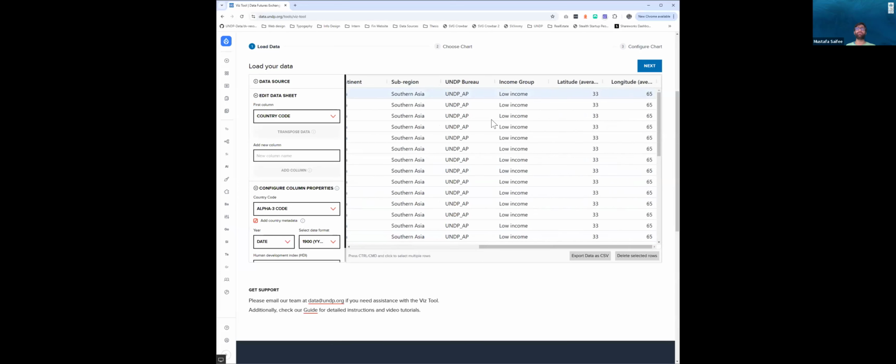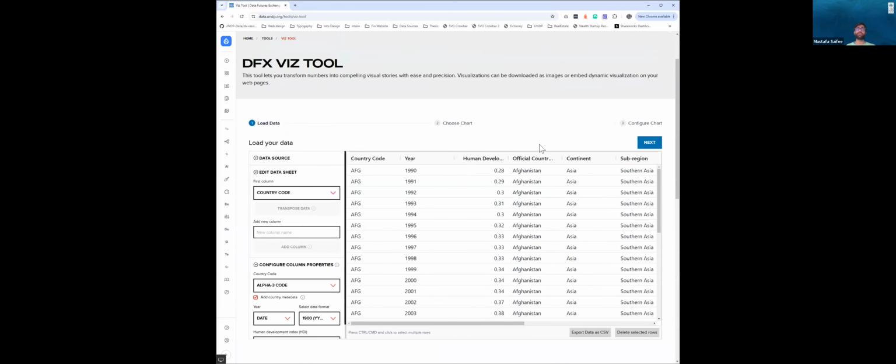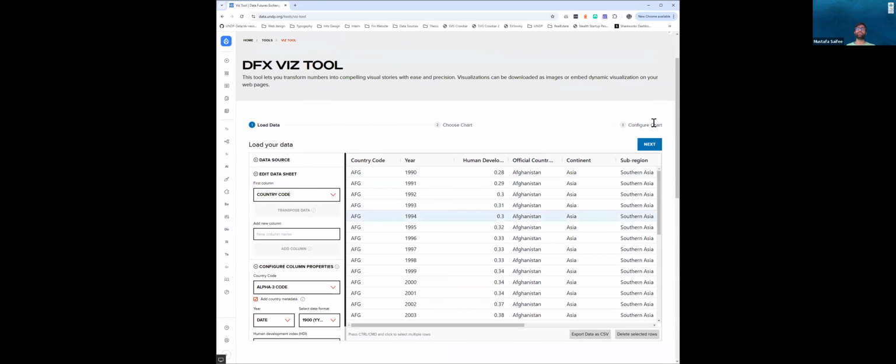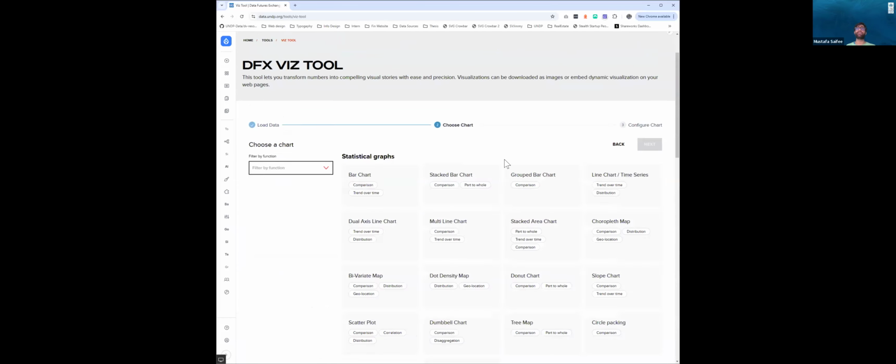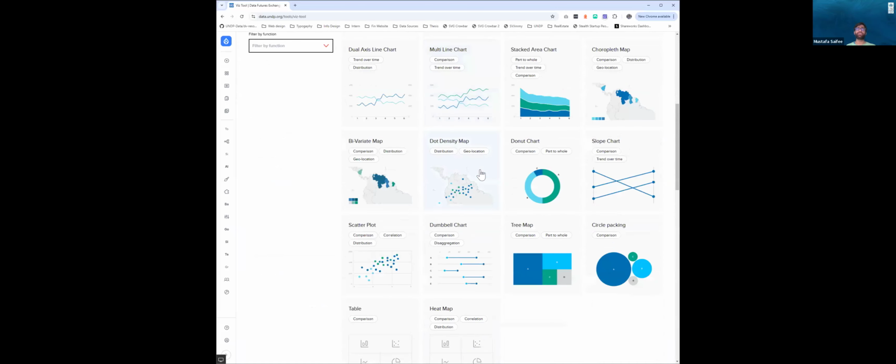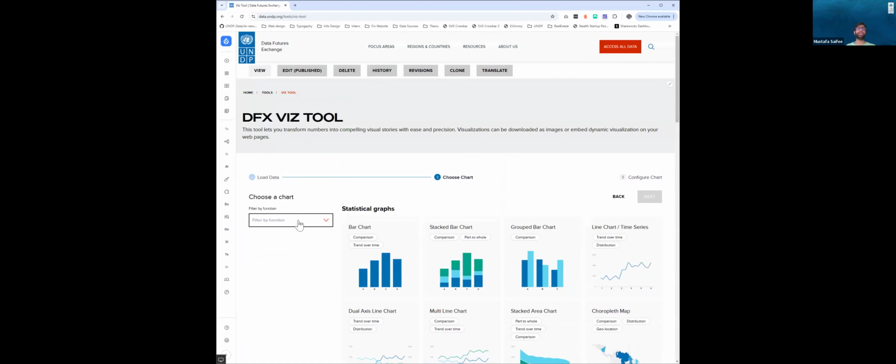And once you are happy with the data sheet that you have created, you are good to go to choose a chart. So if you just press next, you get all these charts that are available now, and you can choose whichever chart you want. If you know exactly what you want to communicate, like we discussed in the last session about different chart functions,